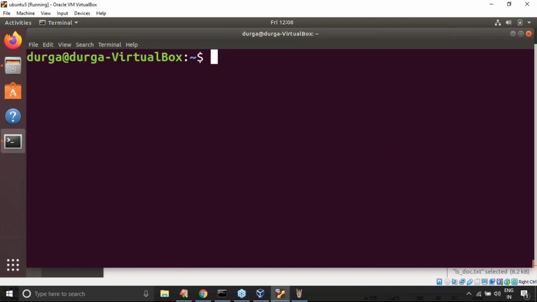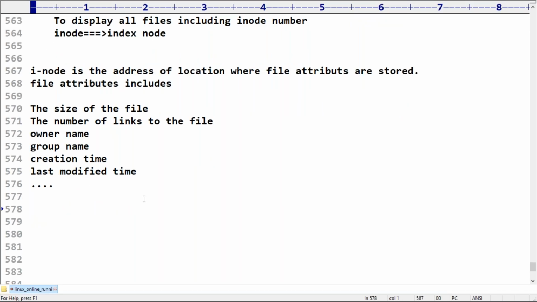If you want to know the inode number also, then we require to use this. It is mostly used by the superuser. Sir, being a normal user, we are never going to use it. Okay, now the next thing